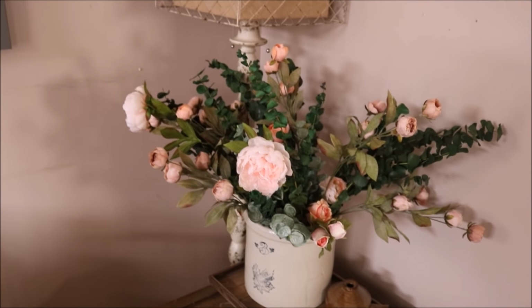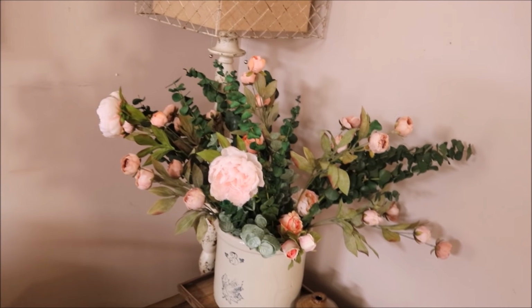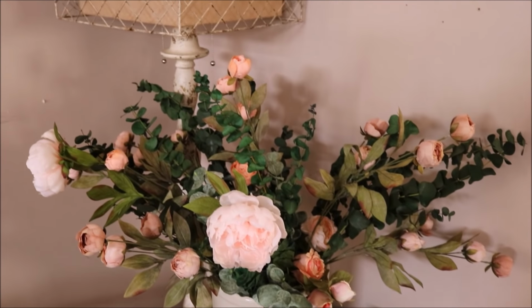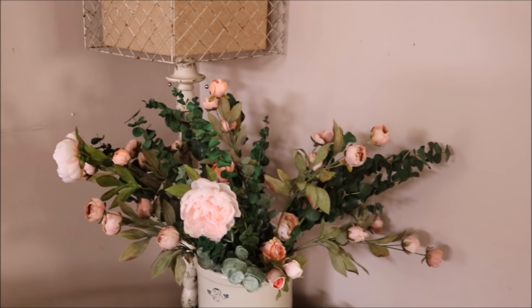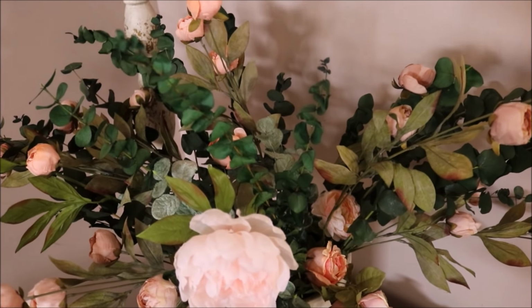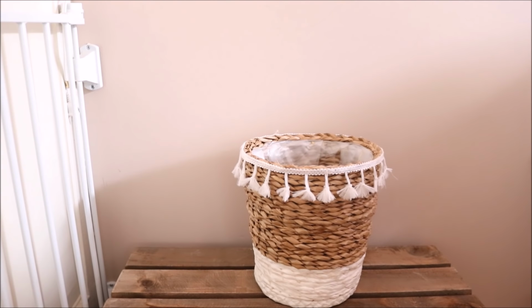Now that I have placed it in its normal spot in our home, I am not sure if I love it as much as I did. I'm just kind of wondering if it's a little bit too tall in the length and the width of it. So I may go back and trim all of these stems and just bring it down in size just a bit. So while I decide on that crock and what I want to do, I'm going to get to working